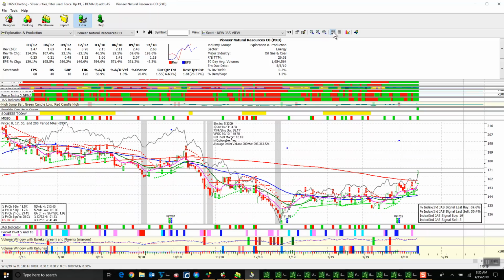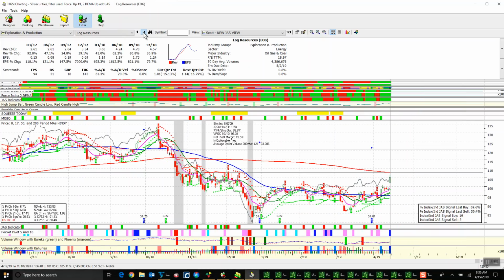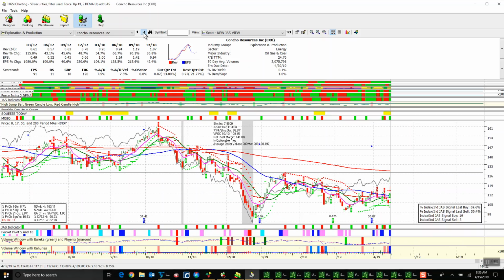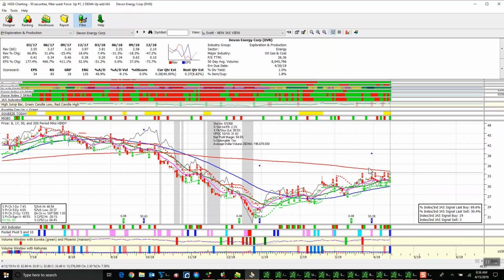but it does have earnings. It's got some earnings growth coming, perhaps turning around here. Does not pay much of a dividend. Broke above the 200. That's interesting to me. But, you know, if somebody else gets bought, not them, they'll pull right back, potentially. EOG Resources, not quite above the 200, but moving up. Concho, not so much. I like Devon, and when I look at Devon, what I want to do with Devon